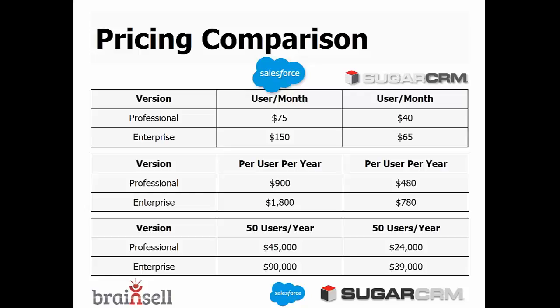There are other versions of both these tools. Professional, Enterprise, not the only versions they've got, but they're the main versions, wouldn't you say, Garrett? Right. We couldn't really include the lowest base level of Salesforce in this comparison because it just didn't have the feature set that would be even close to the lowest end of Sugar, which is the Professional version. But let's face it, there are some people for whom I think it's Salesforce Group Edition might be appropriate. Sure. So that's always a consideration. It's just not included on this because it's not comparing apples to apples.